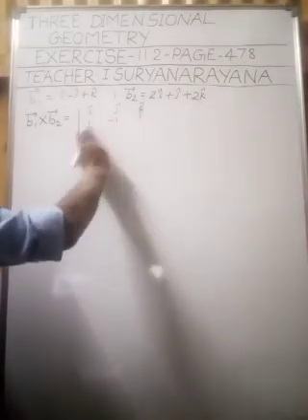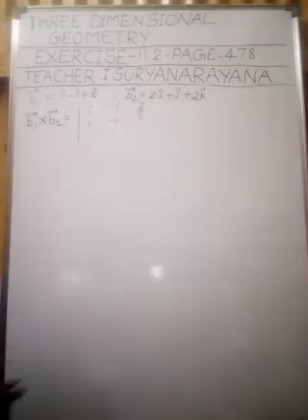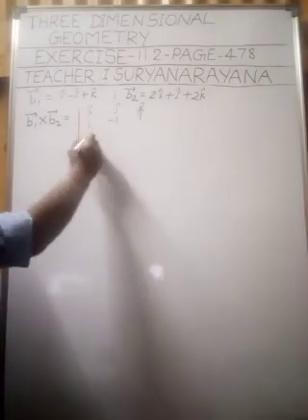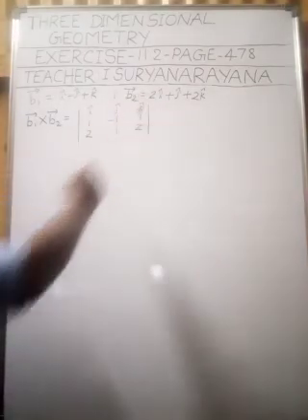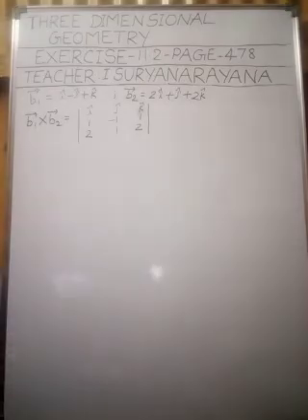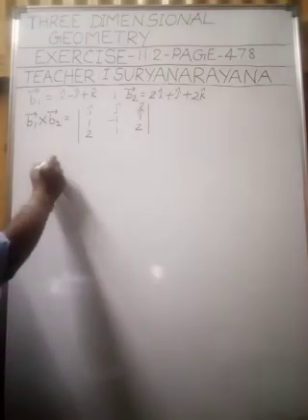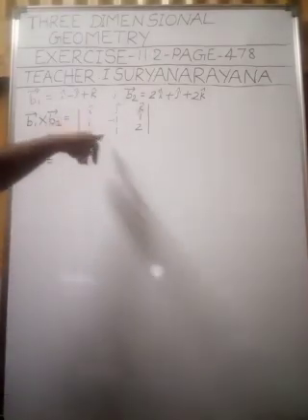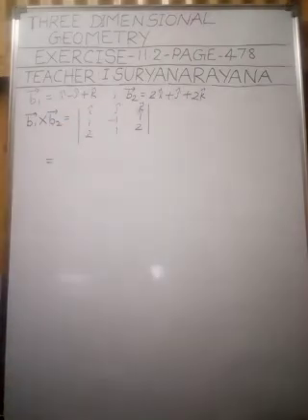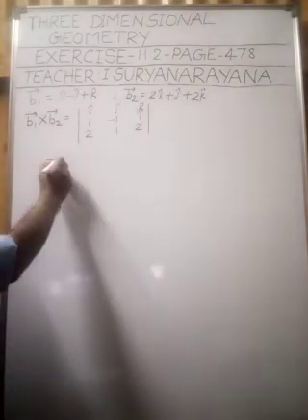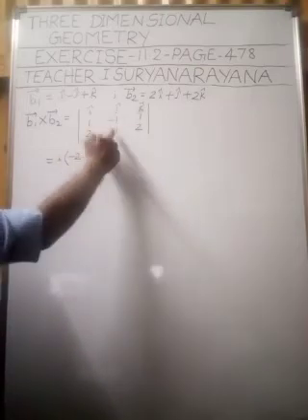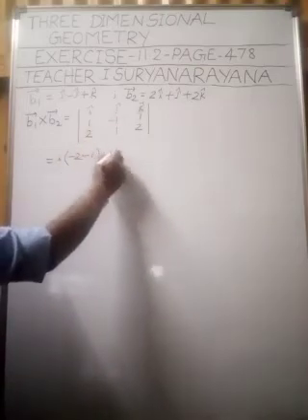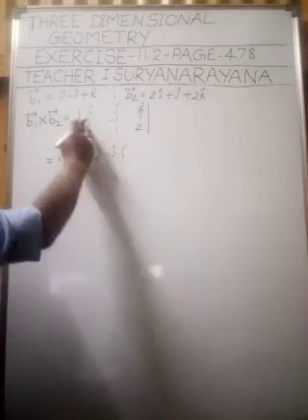Similarly, we write the coefficients of I cap, J cap, K cap of vector B2 as a third row. That is 2, 1, 2. Okay, my children, understood this step? Right. Now let us expand this determinant of this 3 by 3 matrix. So I cap into what will we get? Minus 2, minus 2, minus 1, minus J cap into